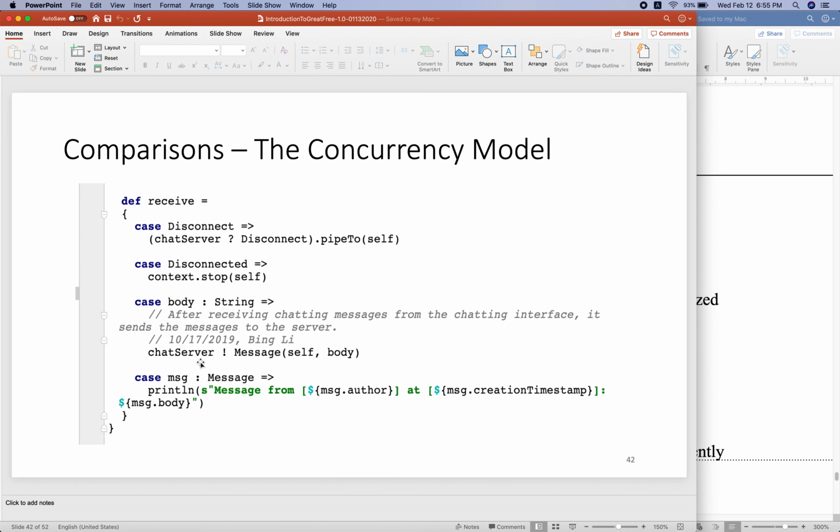That means the server can send a message from the server side to another actor. So this is the server. After the stream message is received, the server will send this message, called body, to another distributed node.